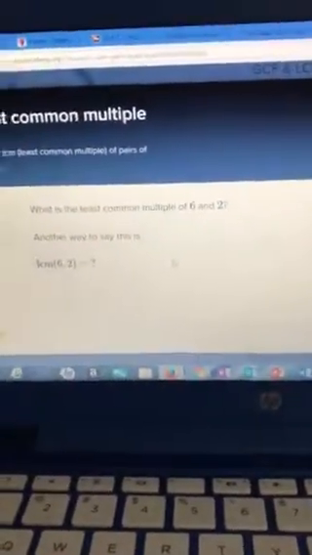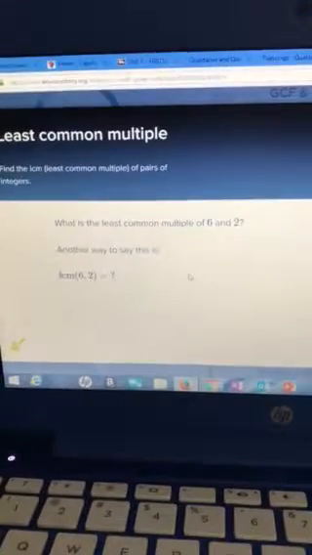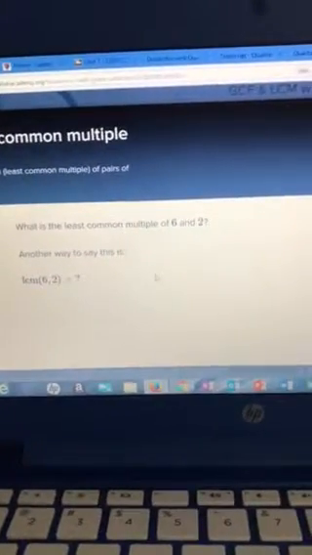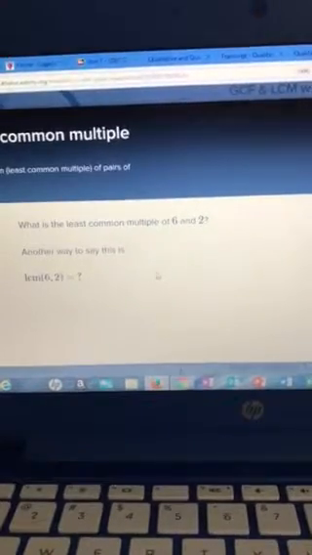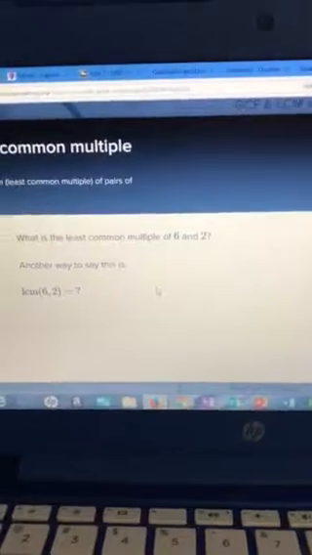In this video, we're going to discuss how to find the least common multiple. When I teach multiples to the students, I talk about multiples sounding like multiplying. So multiples mean that we are skip counting. These are the numbers that you would get when you multiply 6 times 1, 6 times 2, 6 times 3,